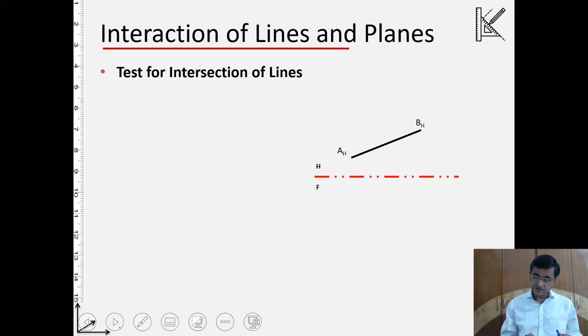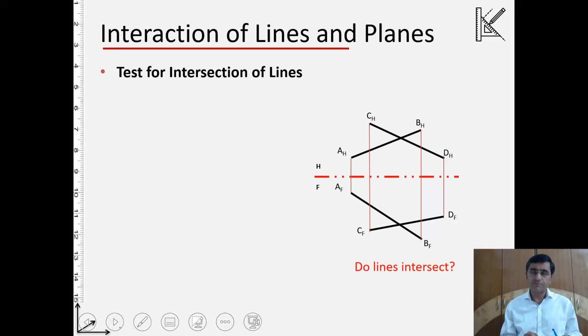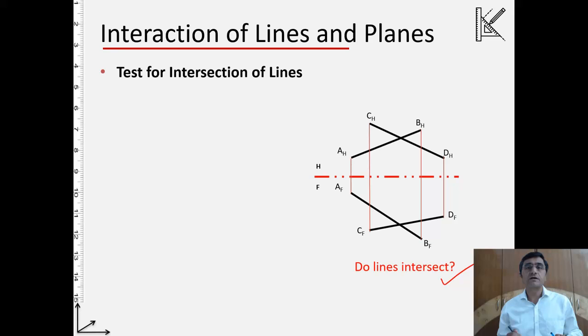Well, the case is, let's say this is a line AB having its projection on the horizontal and the frontal. There is another line CD having its projection again on the horizontal and the frontal. Now the question is whether these lines intersect. What is the meaning of intersection? If I have got a line here, I have got another line. If this black line is piercing through it, passing out, okay, then they are intersecting.